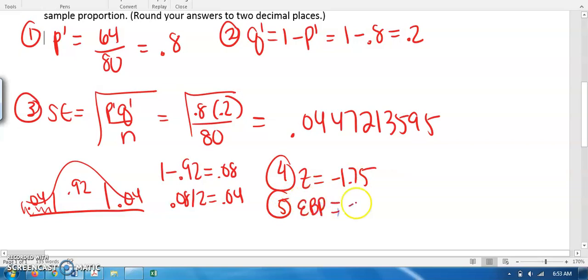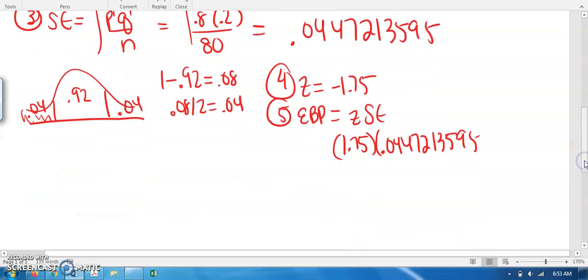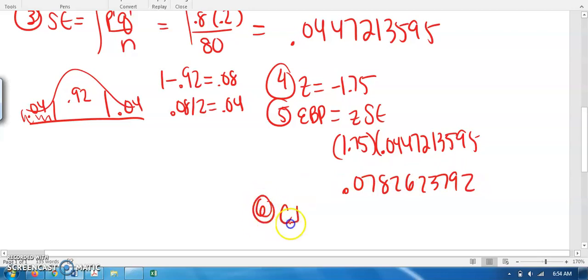the proportion, which is your z-score times your standard error. So we're going to do 1.75, and I'm just going to use the positive version of it because you're going to end up adding and subtracting this, so the sign doesn't matter here, times your standard error, which is that long number up here. And when you times that by 1.75, you get 0.078262372, and then the last step for the confidence interval is to do P prime plus or minus your error